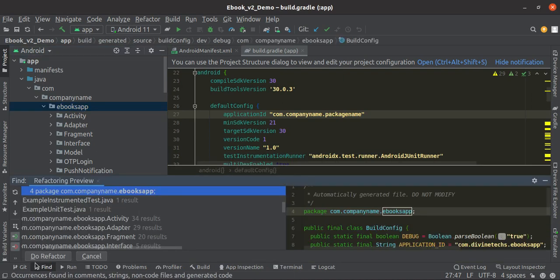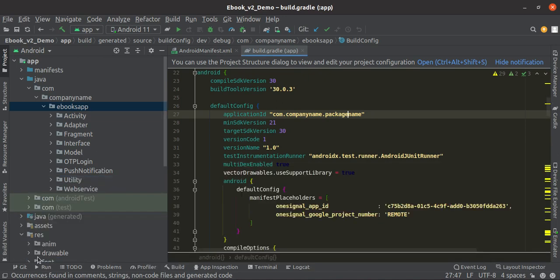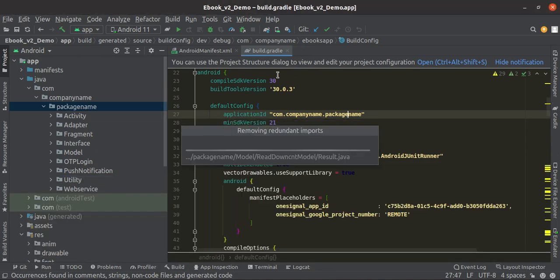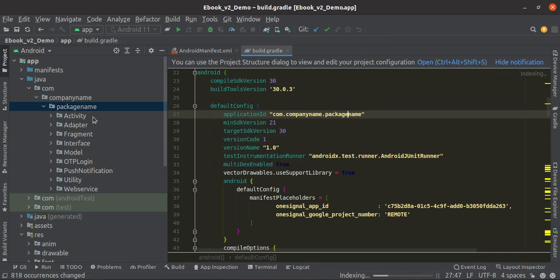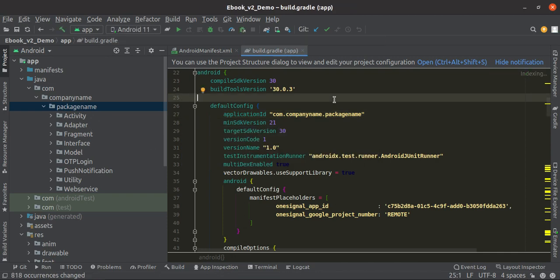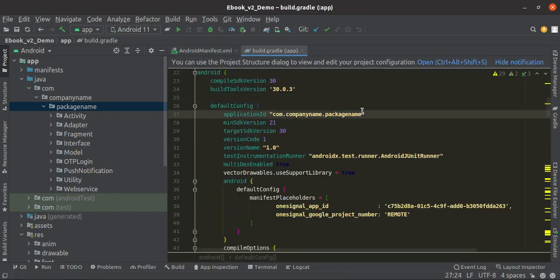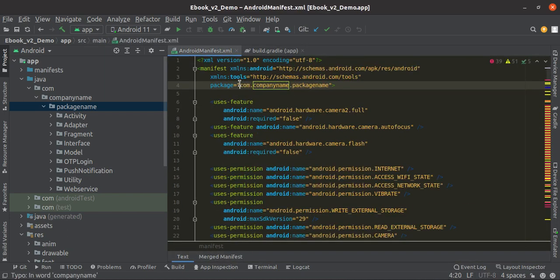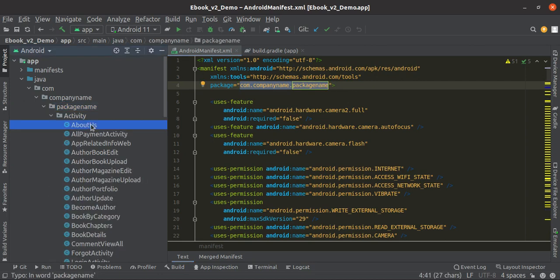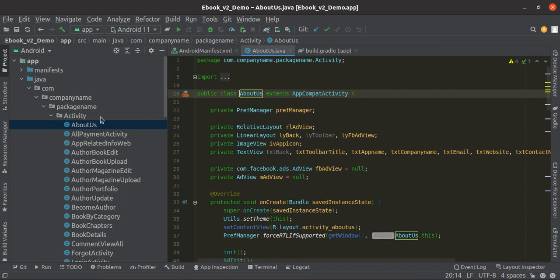Just confirm this, so just do refactor. See here, this directory name has been changed. Now the remaining code changes happen. Let's see here and you can check it in your code.